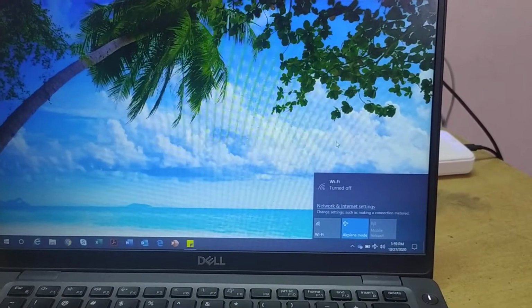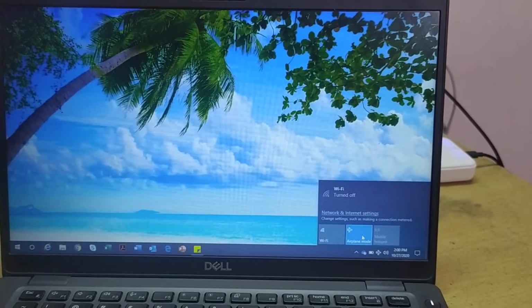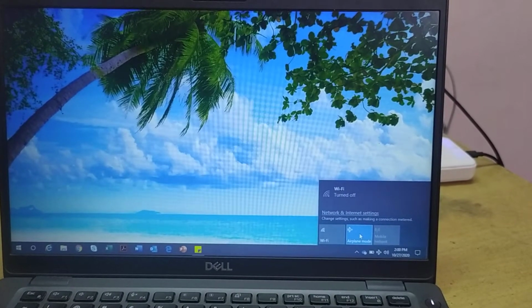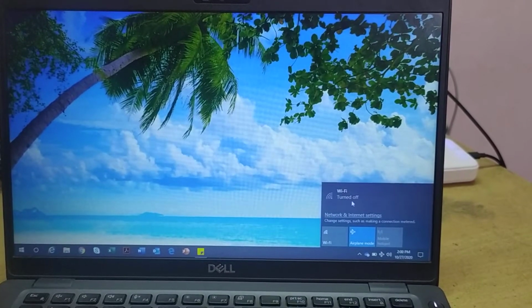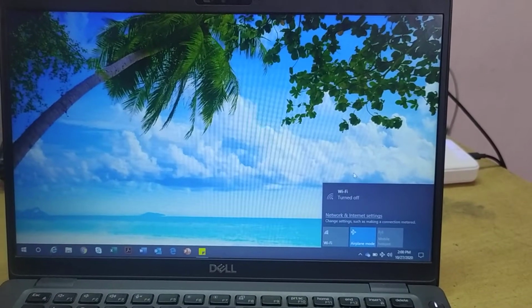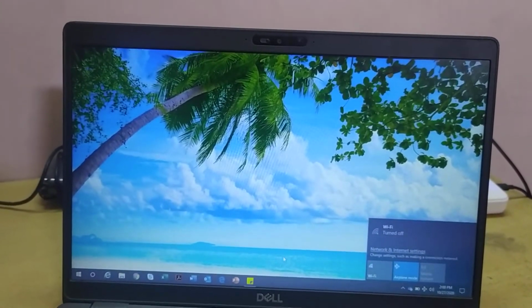Nowadays people are mostly working from home, so they are finding it a little bit difficult to turn off aeroplane mode and turn on Wi-Fi. That is not happening. So in that case, what you have to do